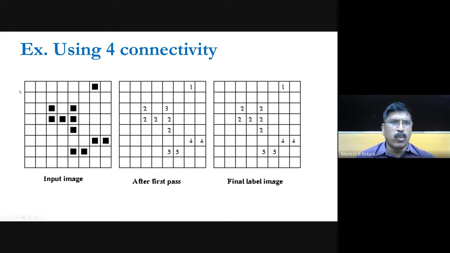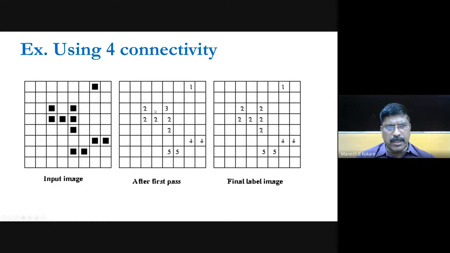Now, when you come back to this row, no pixel is labeled, so nothing is labeled. After that, when you come to the third row, you'll come across this pixel. This pixel is not at all related with the earlier one. Earlier we gave the label 1 there because it was independent. Now for this pixel we will give the label 2, right? Then after that, we'll see, okay, there's horizontal connectivity.